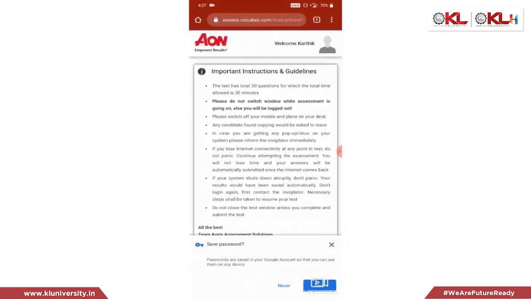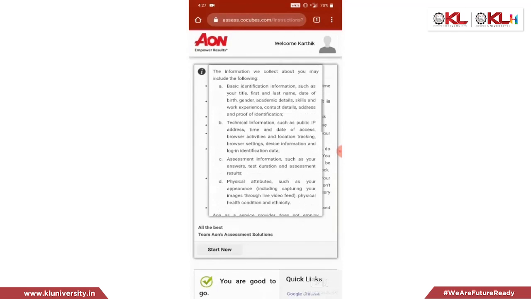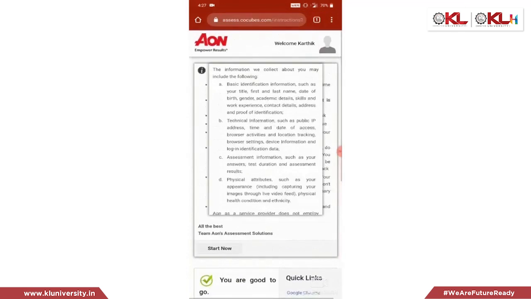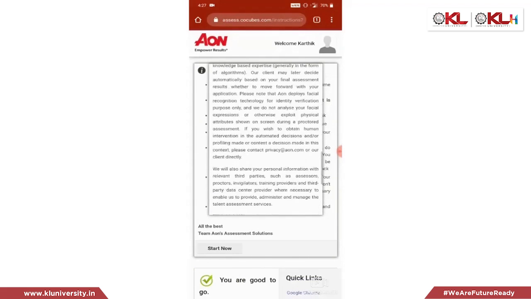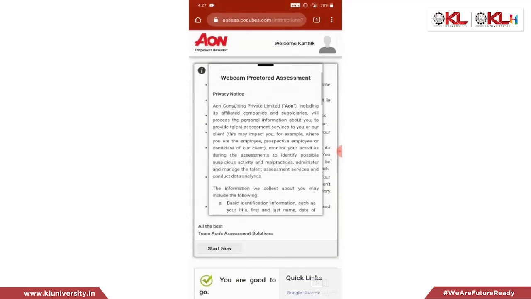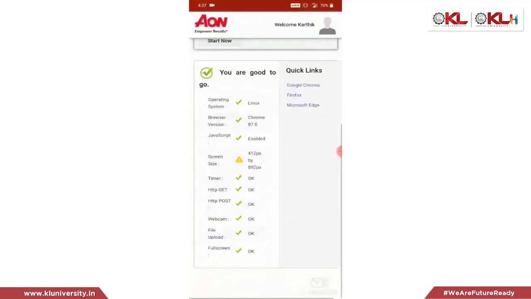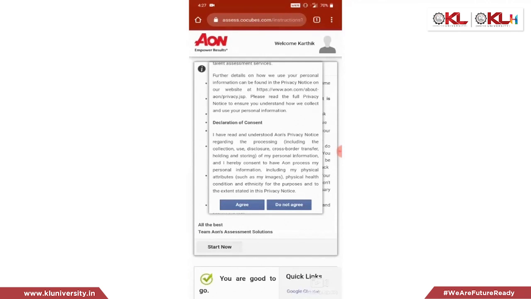So this is how the test will load. Here you need to scroll here. We have seen some students trying to scroll here and this is not enabled. So first you're required to scroll in the middle of the page. These are some general terms and conditions, and this is as per the GDPR guidelines. So you're giving your consent for the faculty members to monitor you. If you click on agree, you will be able to proceed. If you click on do not agree, you will not be able to proceed.